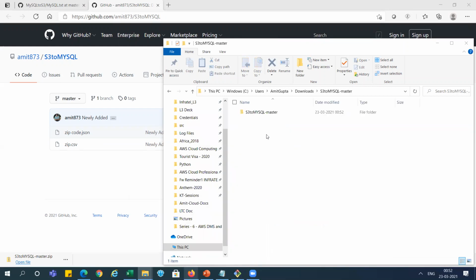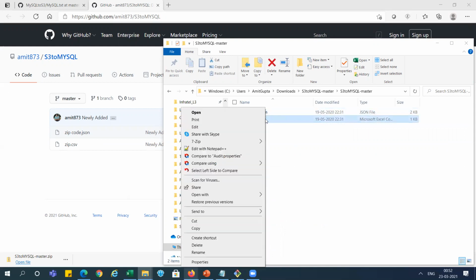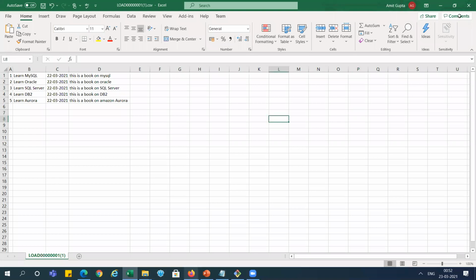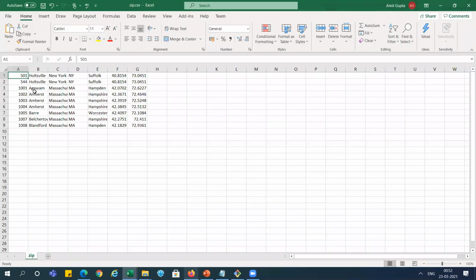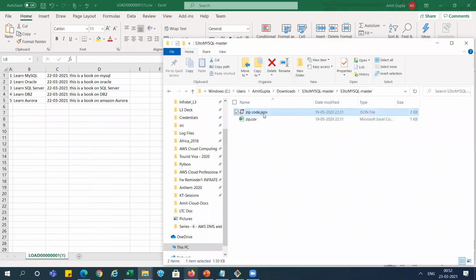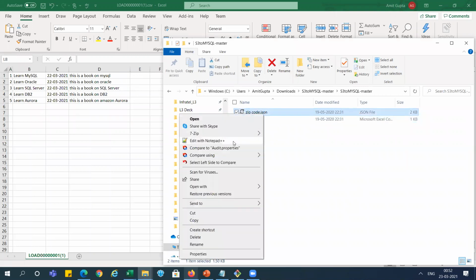Now I will go over there and it will show this folder. You can see we have the zip.csv and zipcode.json files. I will open both files and show you. This is the CSV. You can see this is the data which contains content details for the books, New York library, and something like that. And in the JSON file, I will show you here.